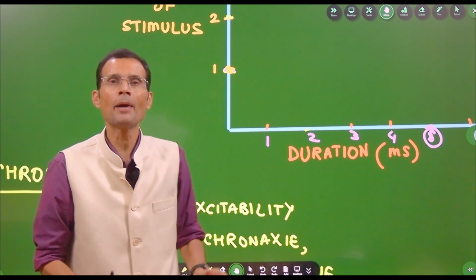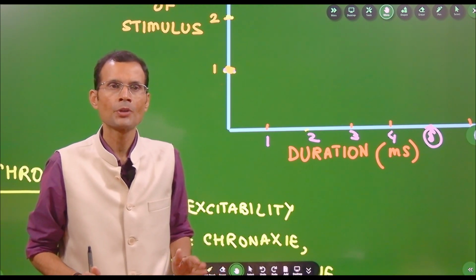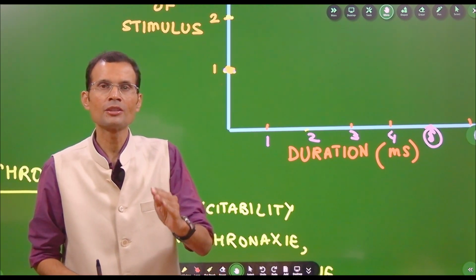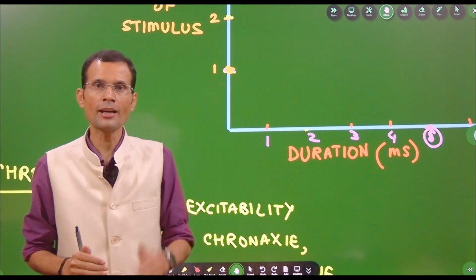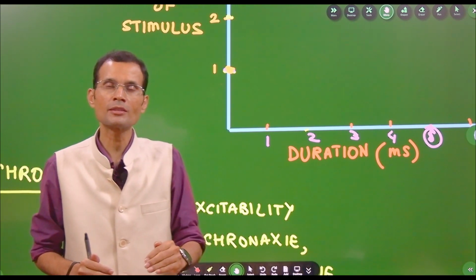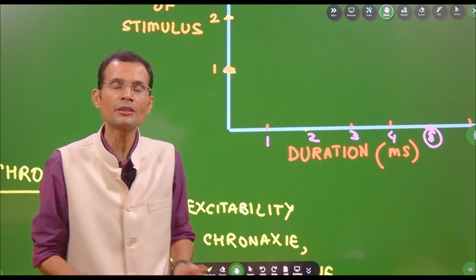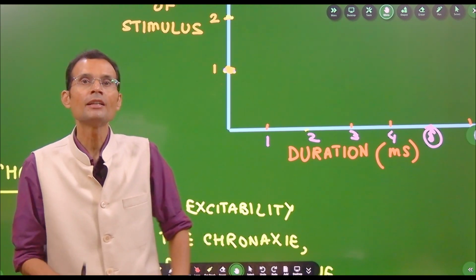Duration is not the matter of concern over here. This is the minimum strength that excites the tissue finally. Below this stimulus strength, the stimulus will not excite the tissue at all. Alright, that should be